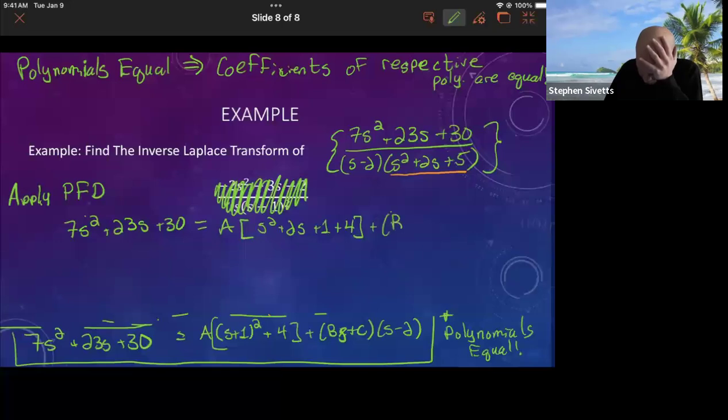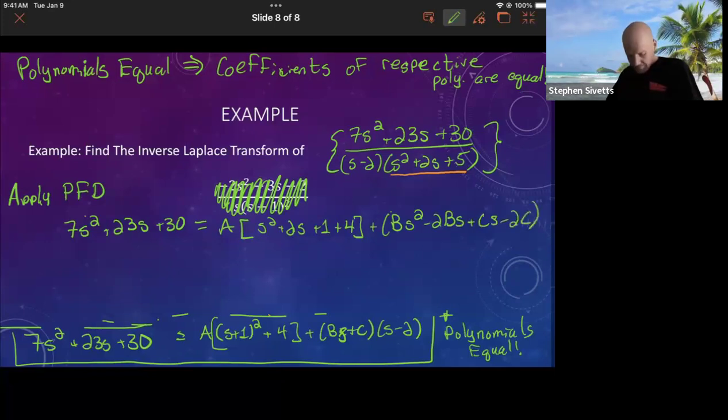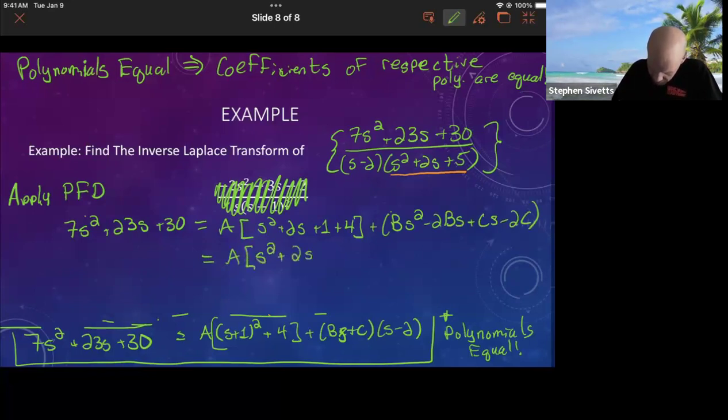So I have b s squared minus 2bs plus c times s minus 2c. And so the right-hand side, this is a times s squared plus 2s plus 5 plus